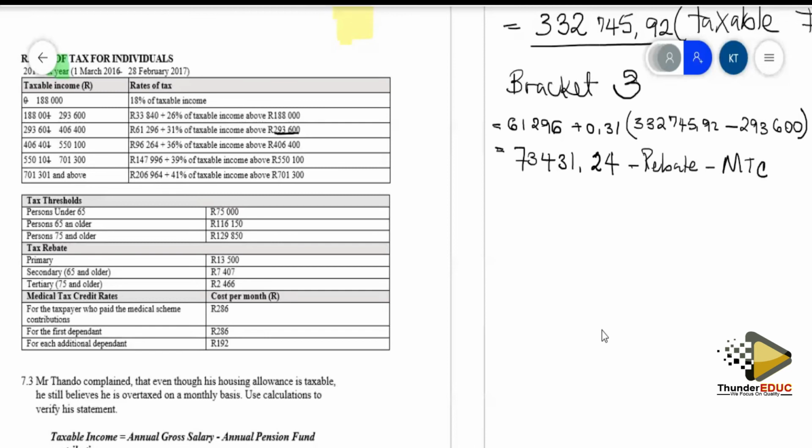Anyway, the rebate: because he is 54 years of age, from the scenario, he only qualifies for the first rebate. So we shall say 73,431 rands 24 cents minus